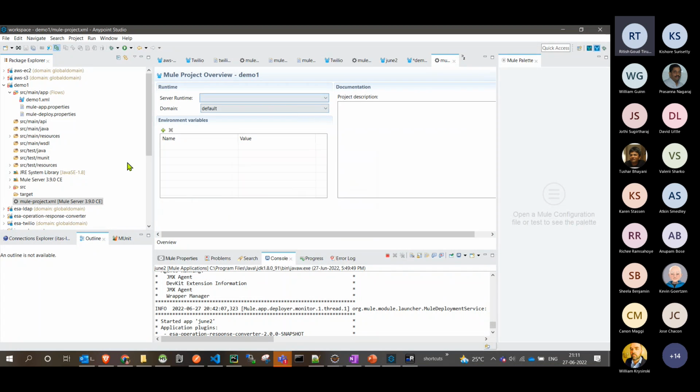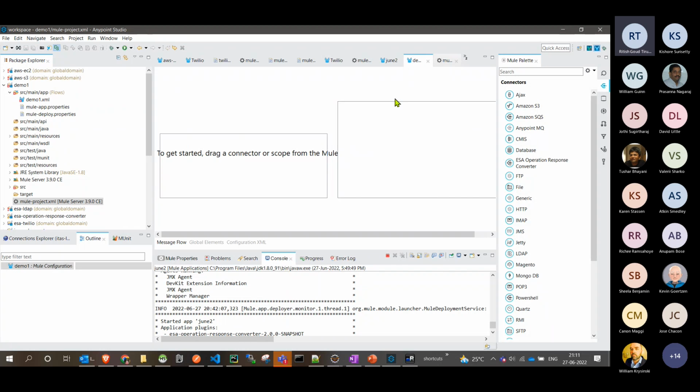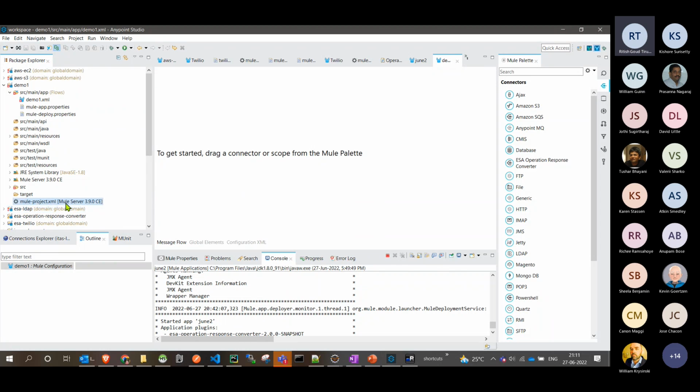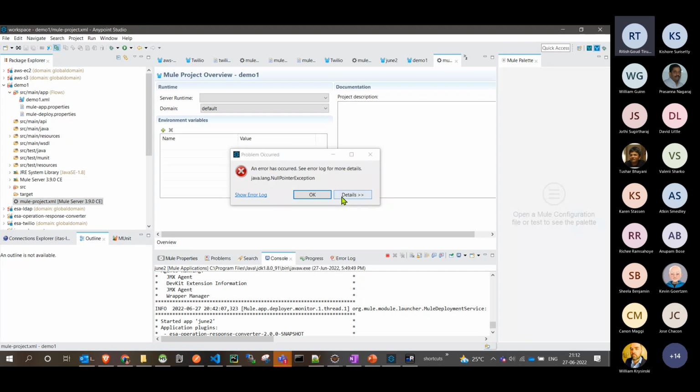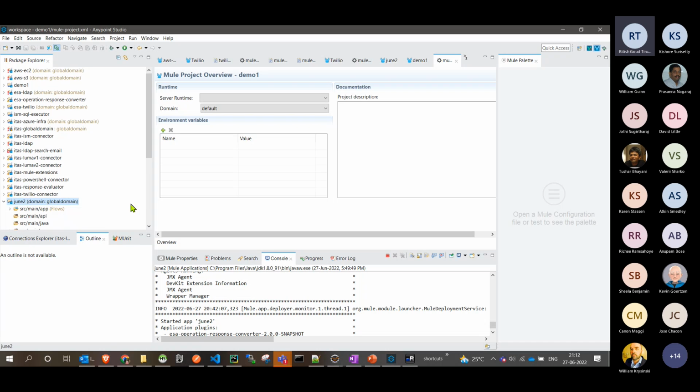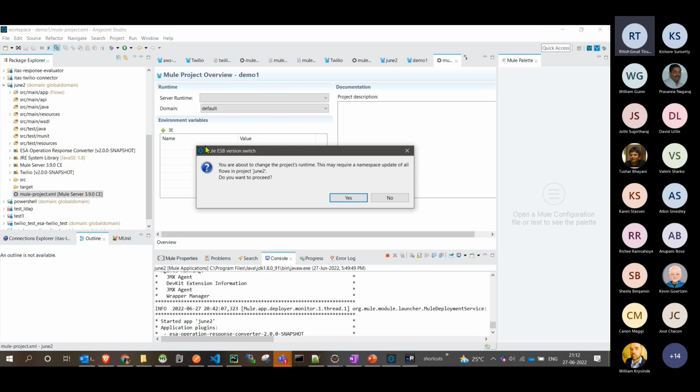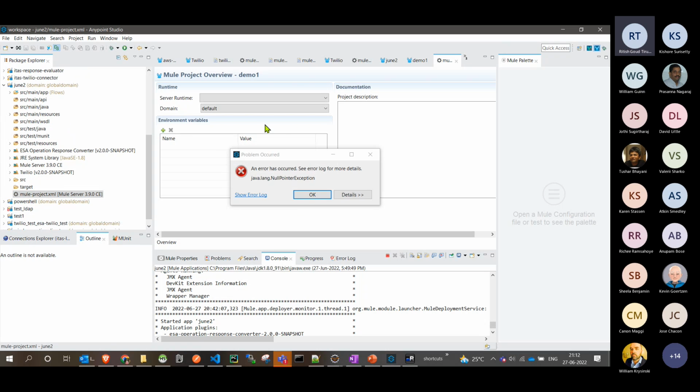Okay, something is wrong here. I'll show you what I have pre-configured. Here we need to configure it to the